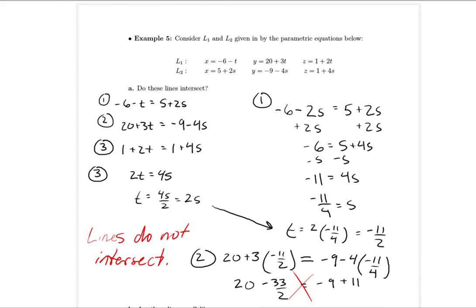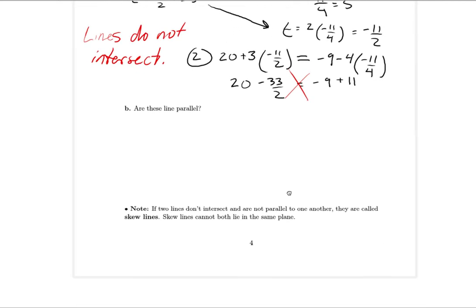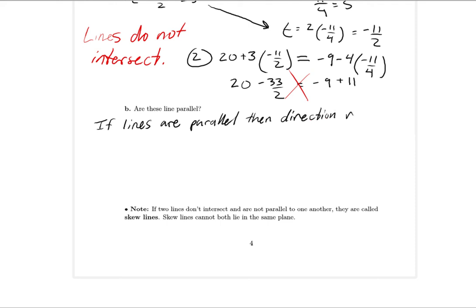All right, so let's move on down to part B. They're asking, are these lines parallel? Well, if the lines are parallel, let's write this out. If the lines are parallel, then the direction vectors must be able to show that also. So then the direction vectors